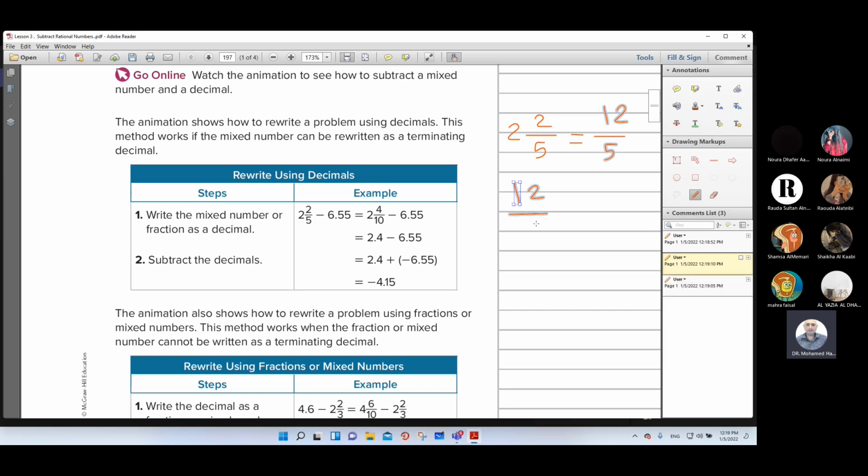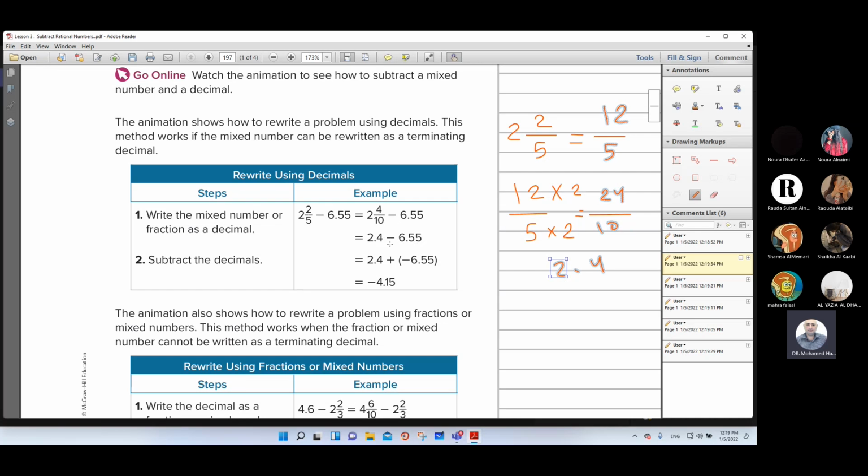We can do long division between numerator and denominator, or you can directly multiply up by 2 and multiply down by 2. So 2 times 12 will be 24, and 5 times 2 will be 10. So 24 over 10 means 2.4. So 2 and 2 over 5 will be 2.4, minus